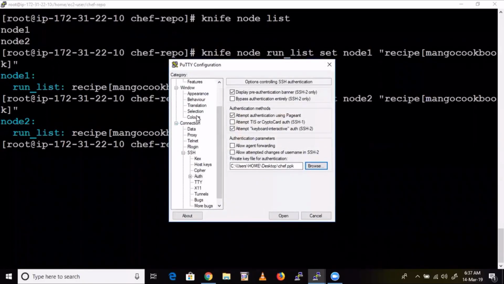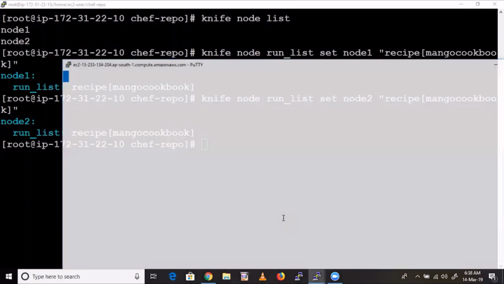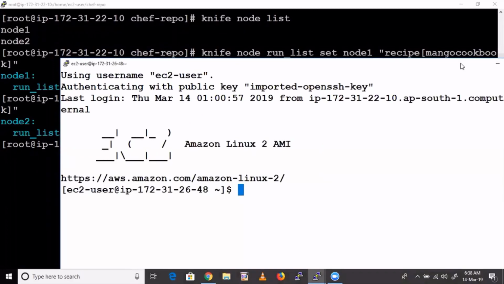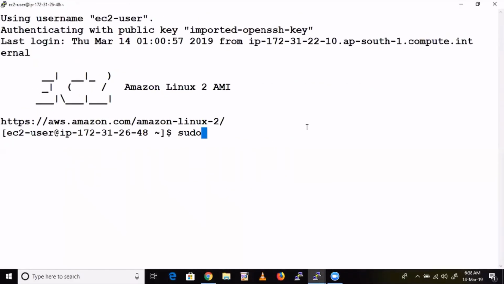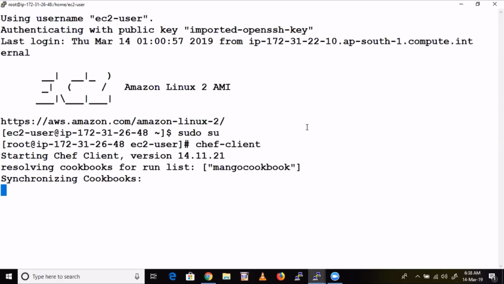You need not even run apt update -y, because we have already given updates while launching the node itself. So the only thing is chef client for the last time. That's it. Now onwards, chef client runs automatically.